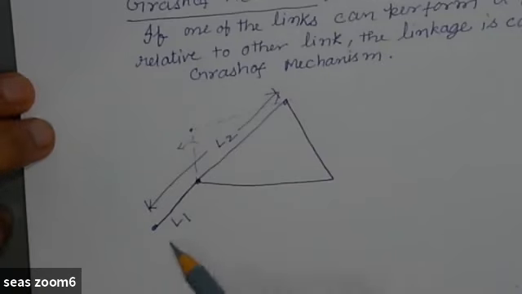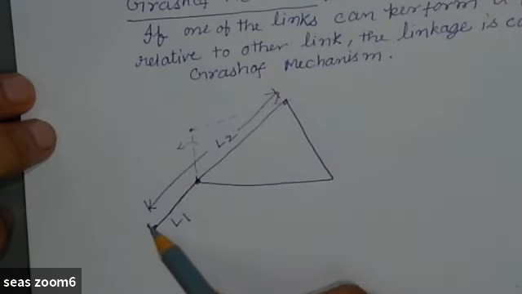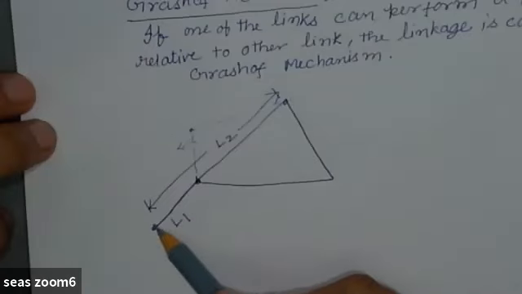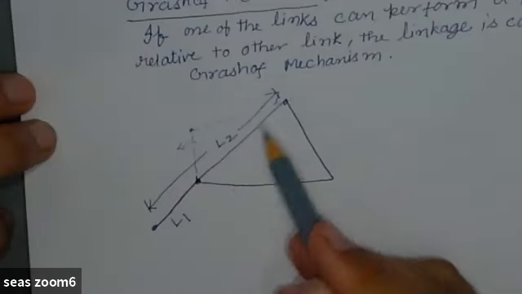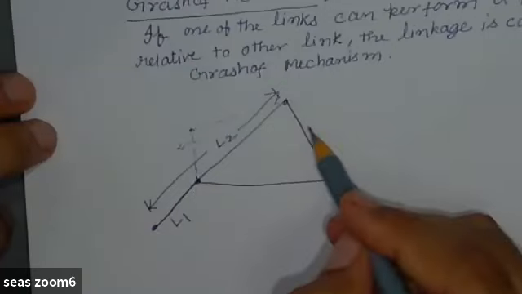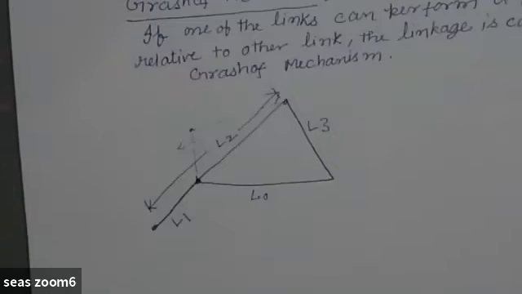Thank you. Okay, so this is link L1 and we have just rotated link L1 to come here. And so this link L2, which was earlier here, has come here. So this whole link is L2, and L1 and L2 are collinear here. Let's say this is link L3 and this link is L0. Notice that we are considering the mechanism where at least one of the links can rotate fully, that is 360 degrees.